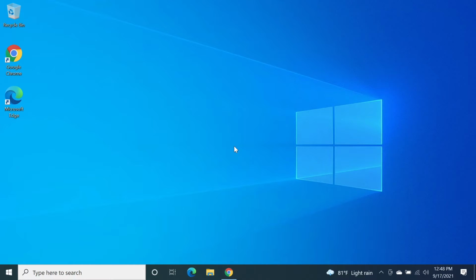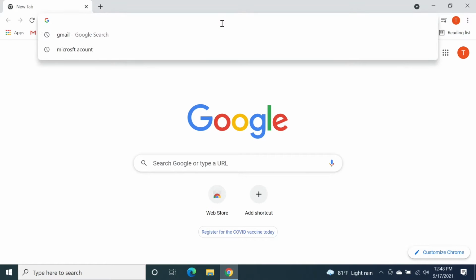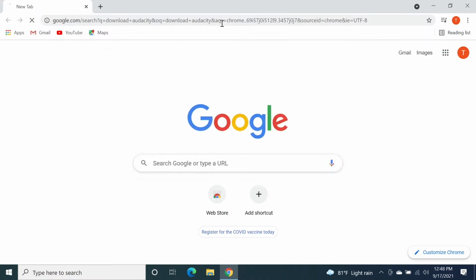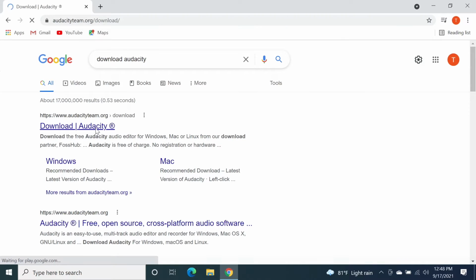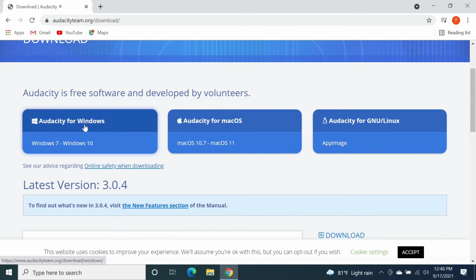So what you need to do first is open any browser and then search for download Audacity, and then click on the first link, which is from audacityteam.org. And here you can see that we have the option to download Audacity for Windows 7 and Windows 10. So let's click here